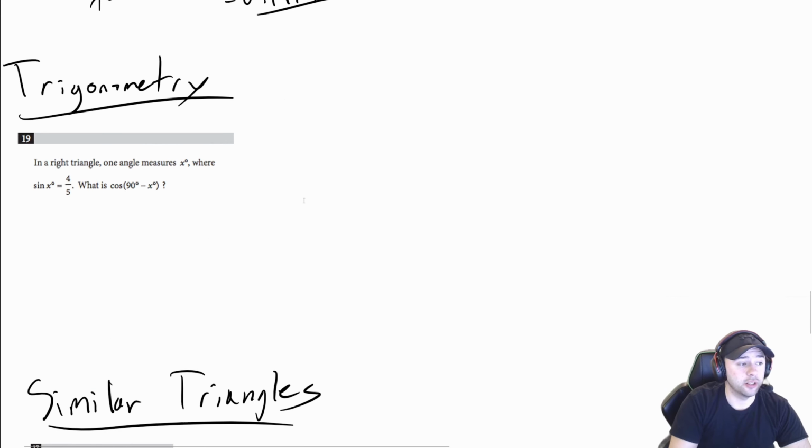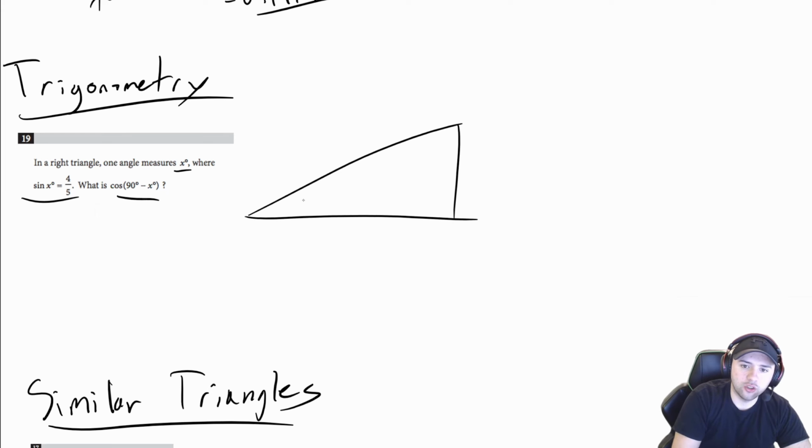Okay, another topic that we're going to be looking at is trigonometry. So it tells us in a right triangle, one angle measures x, where sine of x is 4/5. What's cosine of 90 minus x? So what we can see here is if we draw a triangle and label one of the angles x, the sine of x, if we write down SOHCAHTOA,